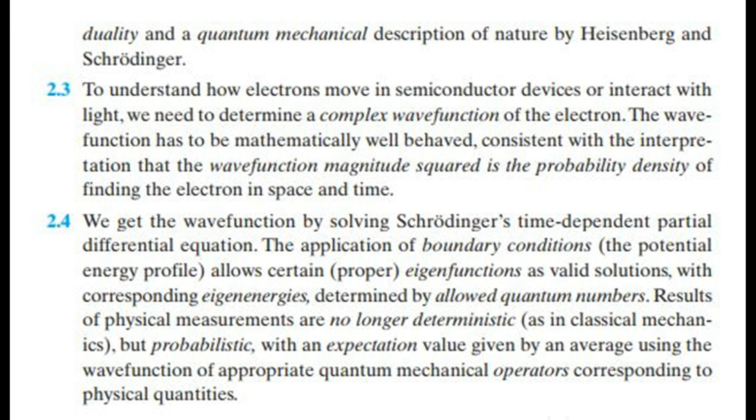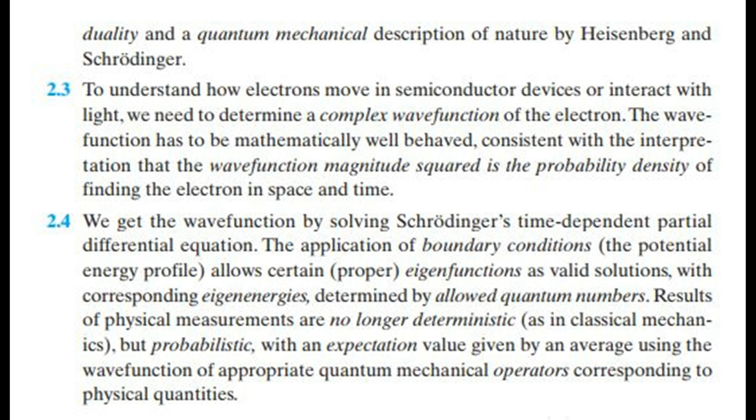Schrödinger. 2.3 To understand how electrons move in semiconductor devices or interact with light, we need to determine a complex wave function of the electron. The wave function has to be mathematically well behaved, consistent with the interpretation that the wave function magnitude squared is the probability density of finding the electron in space and time. 2.4 We get the wave function by solving Schrödinger's time-dependent partial differential equation. The application of boundary conditions, the potential energy profile, allows certain proper eigenfunctions as valid solutions, with corresponding eigenenergies, determined